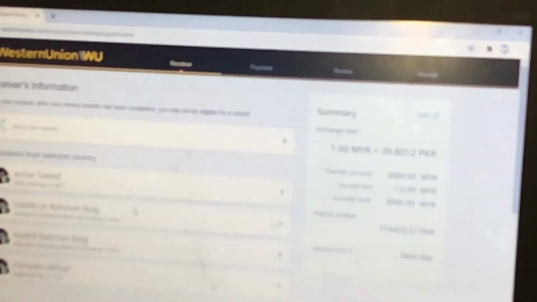Once you click the continue button, you will receive the next screen, and there you need to select whom you want to send money to. If I have somebody I already send money to, I will just select that person. Otherwise I can add a new receiver, and I can put the receiver's first name, last name, email address, or phone number. Here we have two options.